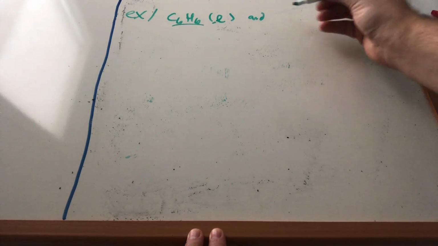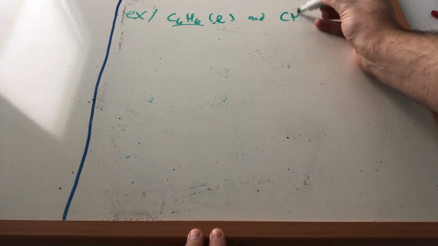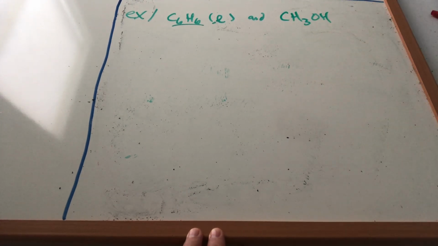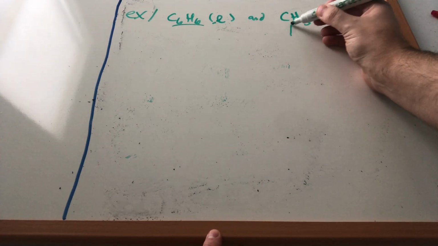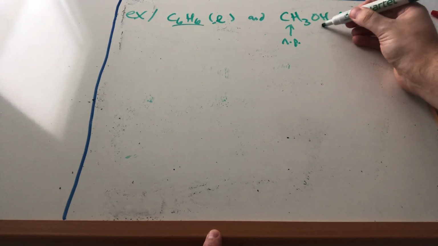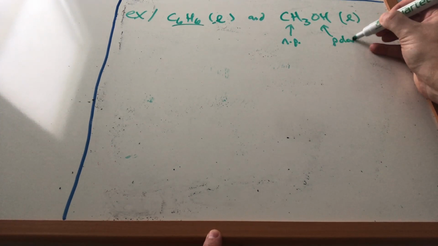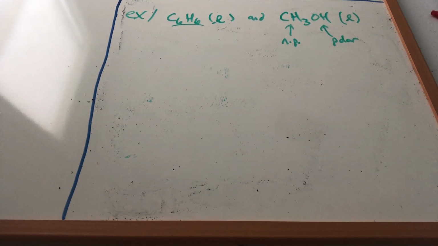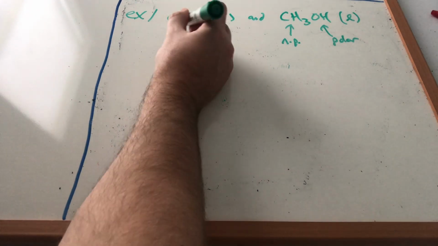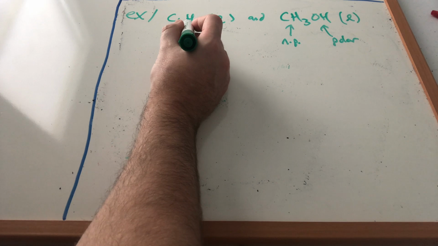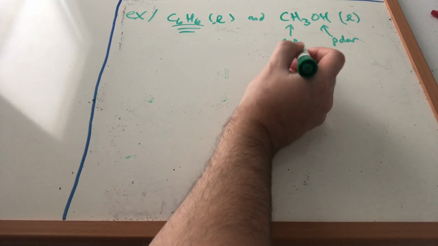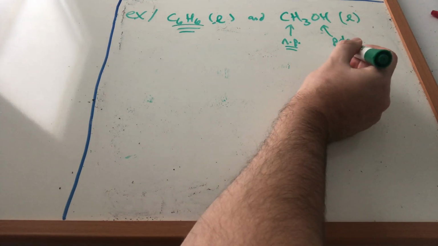So let's take C6H6 and CH3OH. For something like methanol, it definitely has a nonpolar part, but it also has a polar part. And if you remember the structure over here, it kind of looks like water with a CH3 hanging off of it. So this oxygen definitely has a dipole. Well, wait a second. We know the interactions that are going to happen inside here. We're going to get just induced interactions. Over here, we're going to get induced interactions, sure, but in a pure sample of this, we're also going to